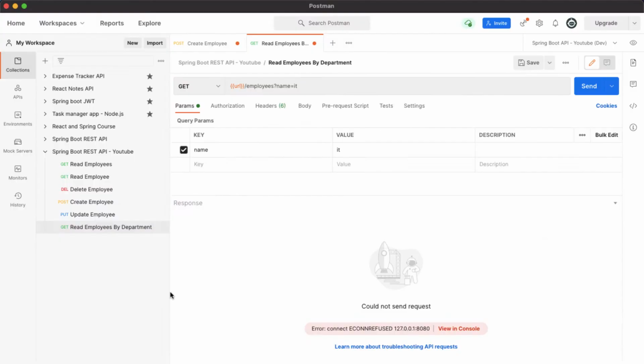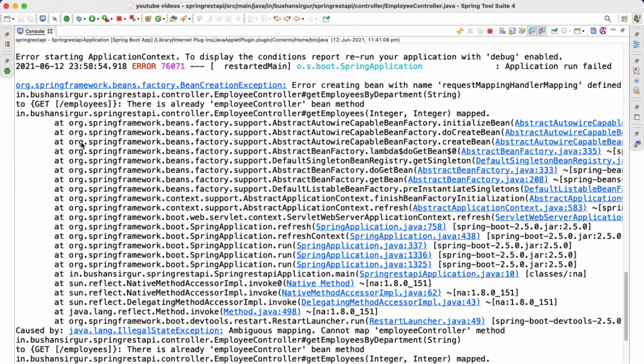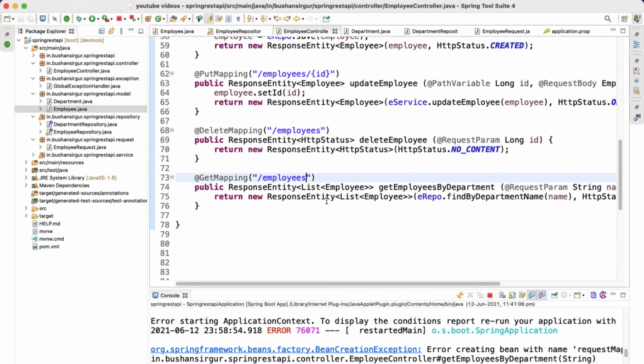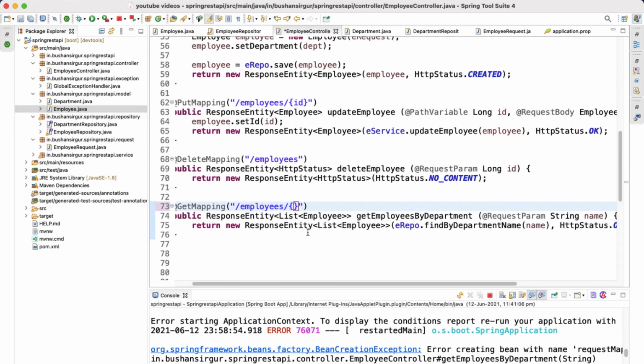No worries. Let me change this to slash employees slash. We are going to make use of the path variable, but the path variable mapping is also there. What we can do is use filter slash, then the branch name or the department name.